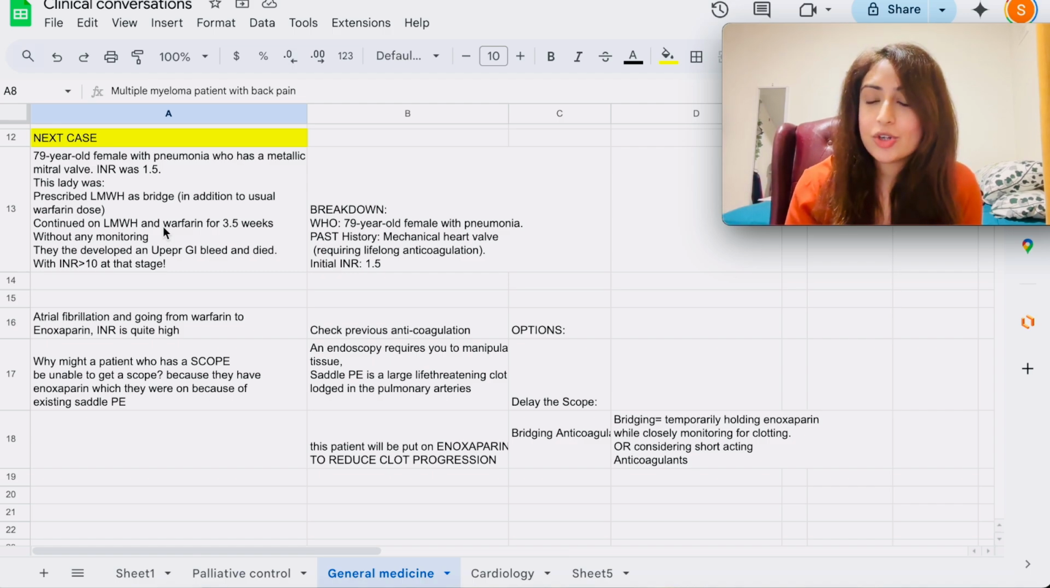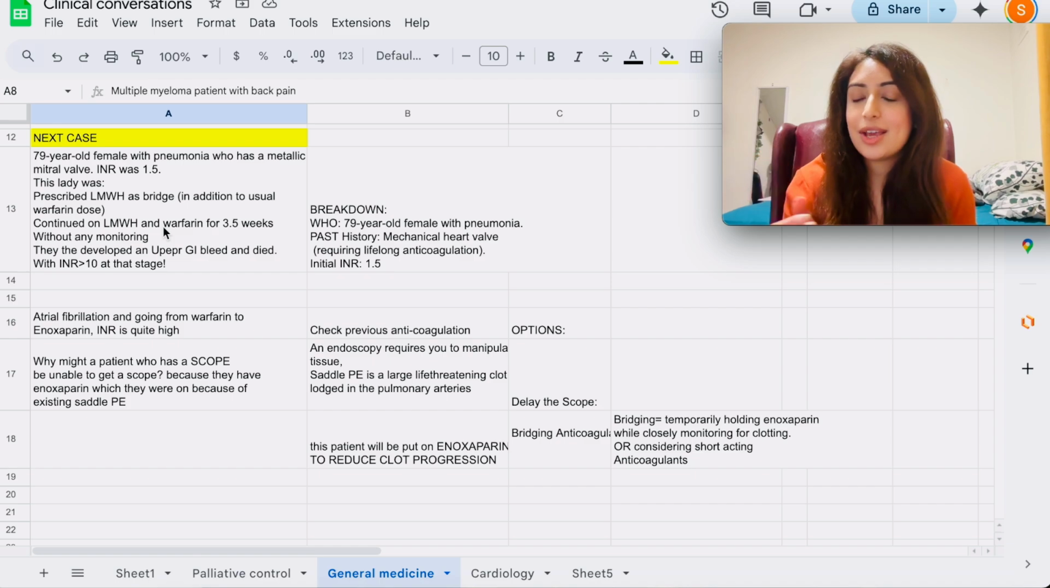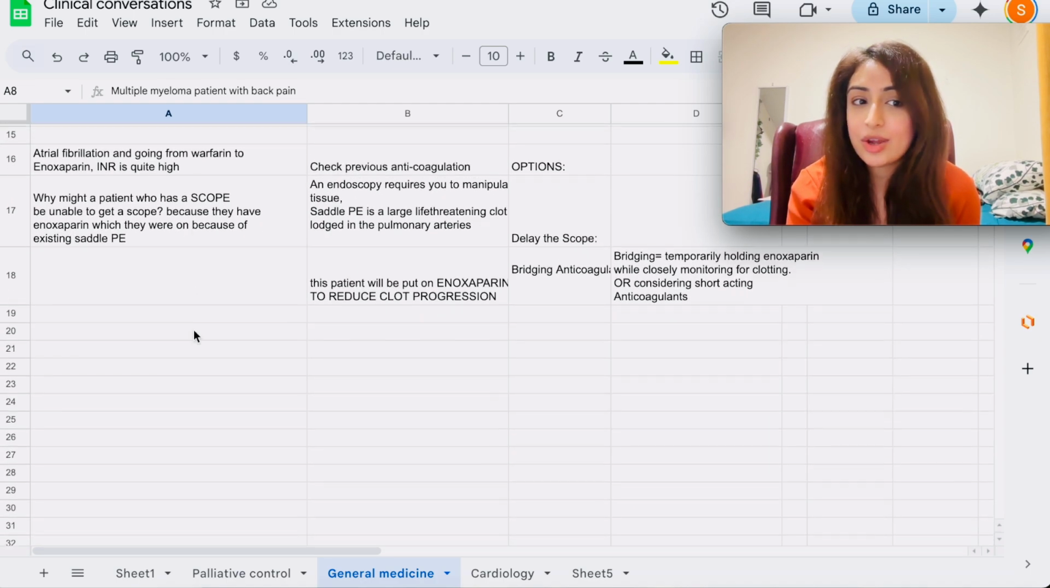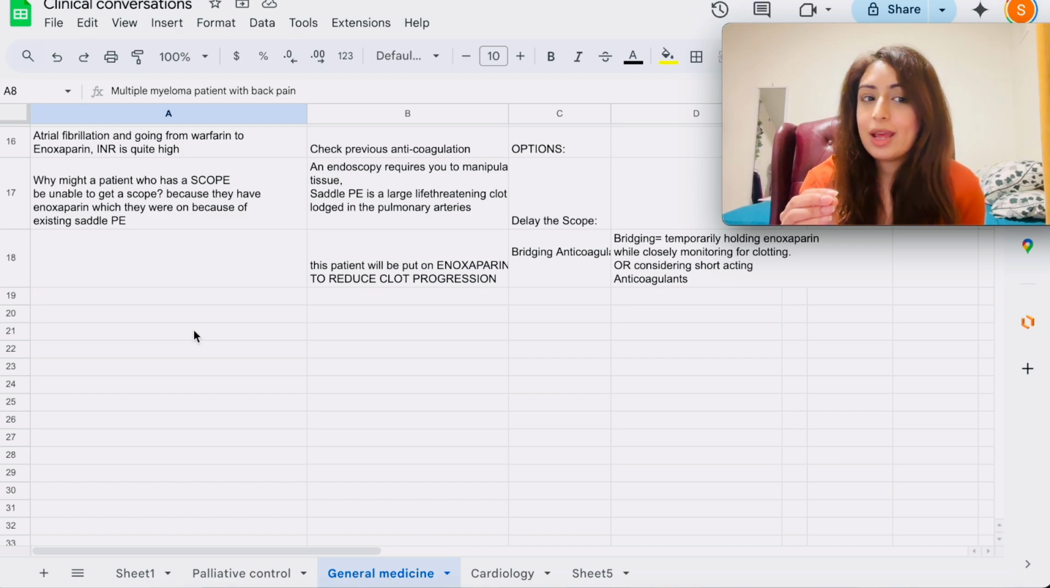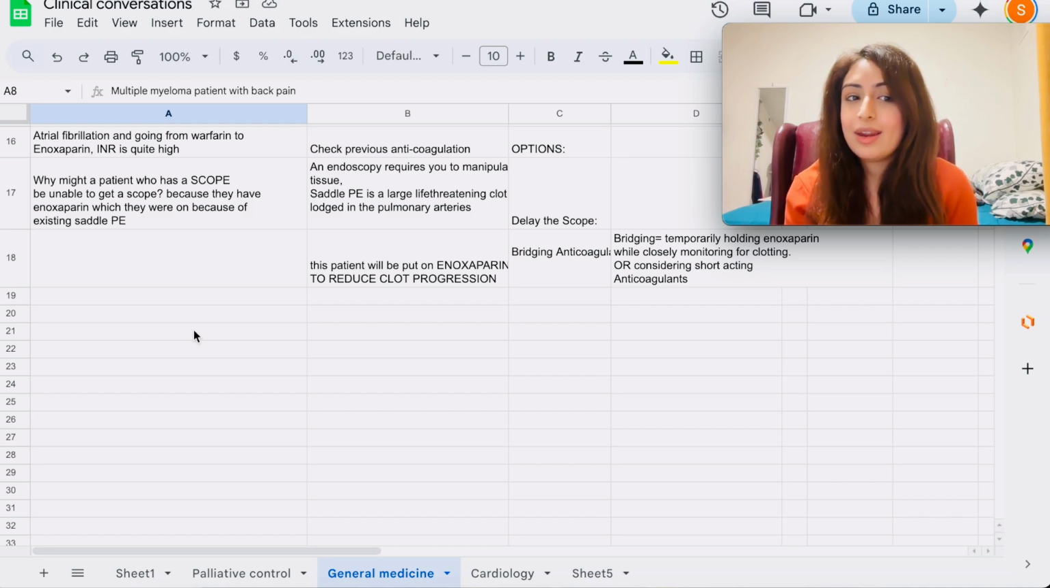So you need to be monitoring. What's the take home point here? The take home point here is you need to be monitoring these patients regularly for their INR. You're checking their INR every single day. You're reviewing the drug charts every single day. And you're always checking what are the previous anticoagulations that they're on. Let's say a patient has atrial fibrillation, you give them warfarin, then you go to enoxaparin, it's a